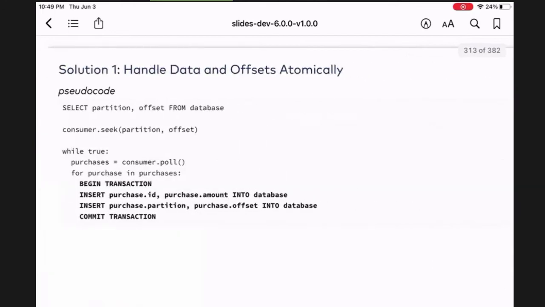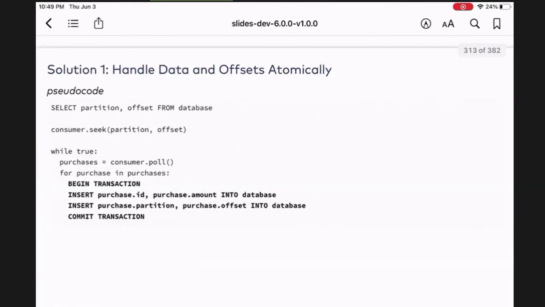Let's say handle the data and offset atomically. How can we do this? It's just a general idea they're talking about, this is just pseudocode. They say I seek to partition, while true I poll, and then I get my data, begin transaction, insert the data into the database, and then commit my transaction.